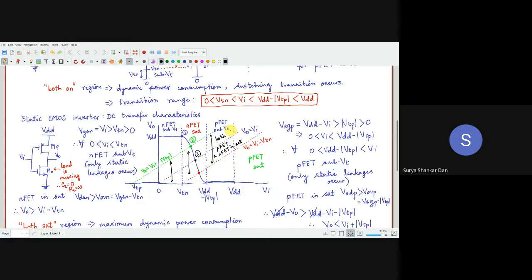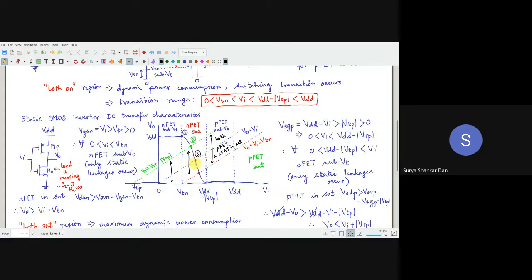But again, that becomes primarily important mostly for the equivalent inverter. For a static CMOS inverter there is no such point, because VO will be equal to VI. It will be exactly VDD by 2. What is the big deal in this? What I'm suggesting is that we will see the switching threshold shift towards the right or towards the left. But for a static CMOS inverter, why would it shift? It will shift only for the case of the equivalent inverter, as we will see later. So we will define inverter threshold in the next class.